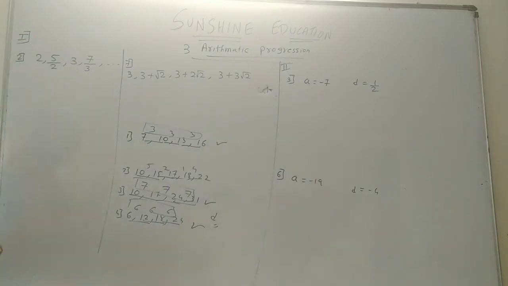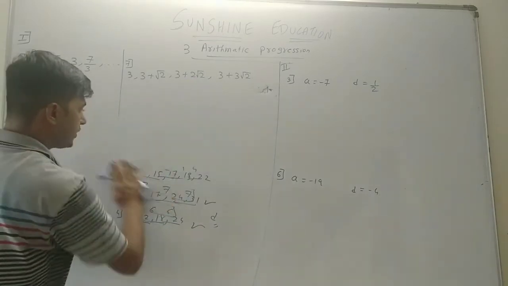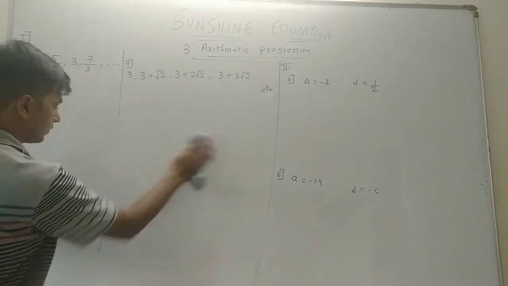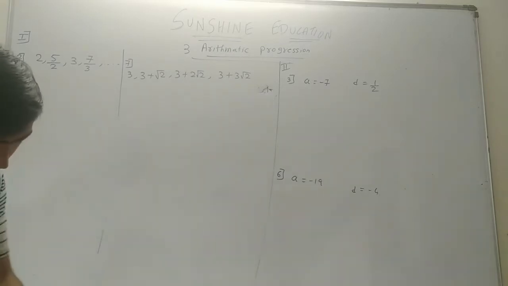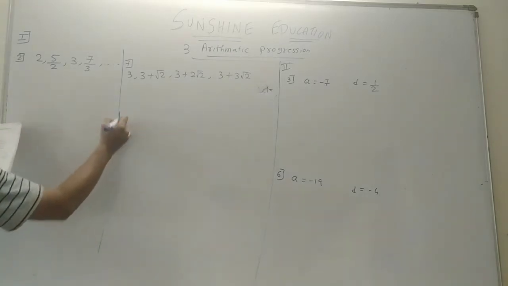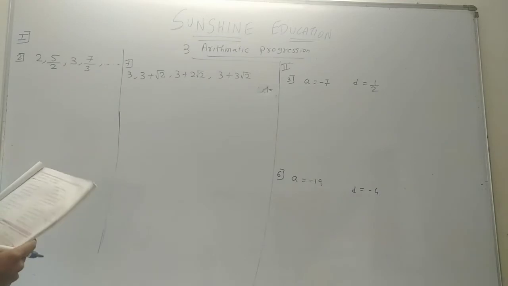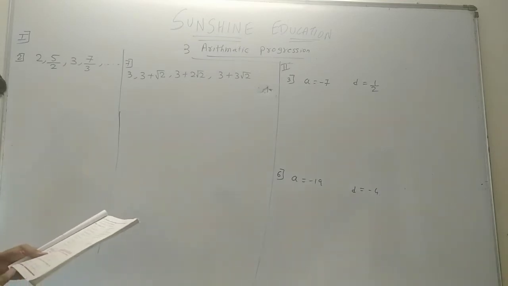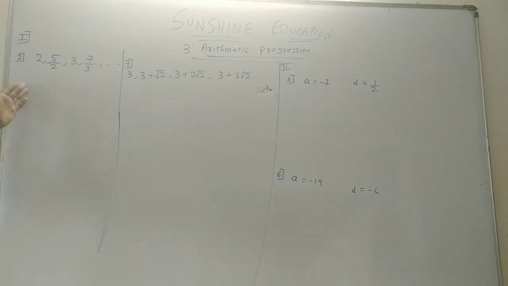Okay, so we have the first part of the exercise. Just do it. In the first part of the exercise, it is asked which of the following sequences are in arithmetic progression. If they are in AP, then find the difference. So first of all, we need to check whether they are in arithmetic progression or not, and how can we find out the arithmetic progression? If the difference is constant.